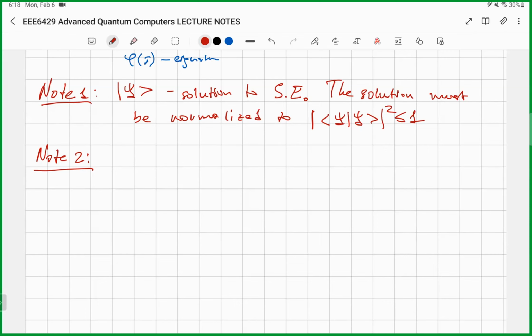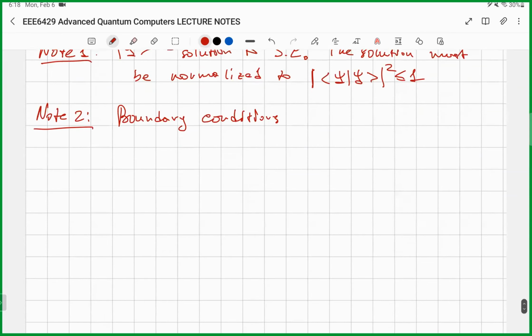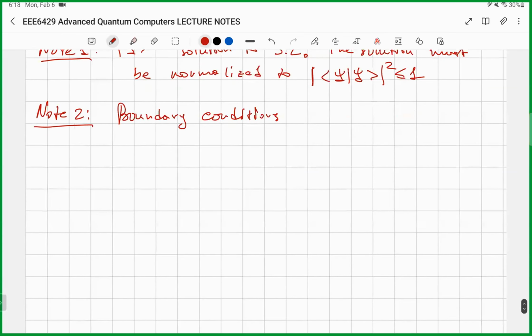It must also be accompanied by the boundary conditions. And the boundary conditions for the Schrodinger equation